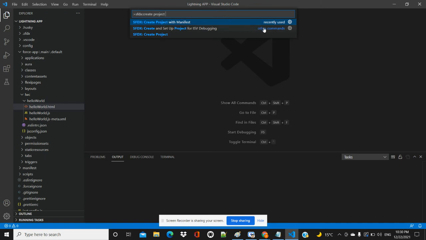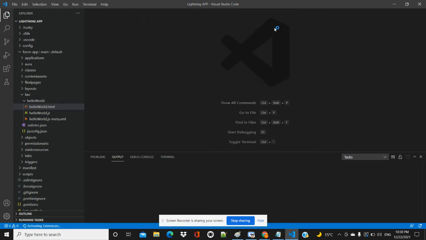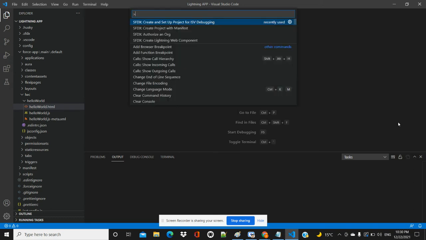This is the command. When you click, other commands are also there. Here this is SFDX: Create Lightning Web Component.